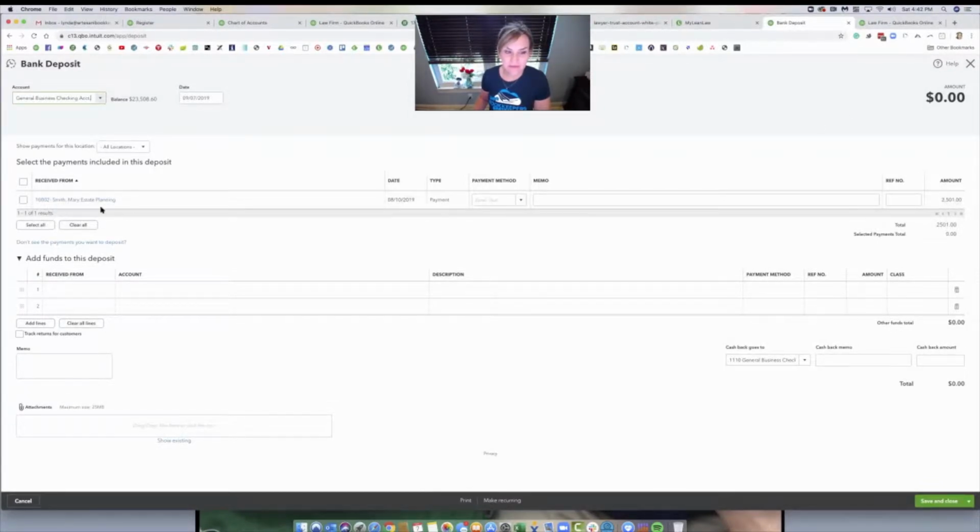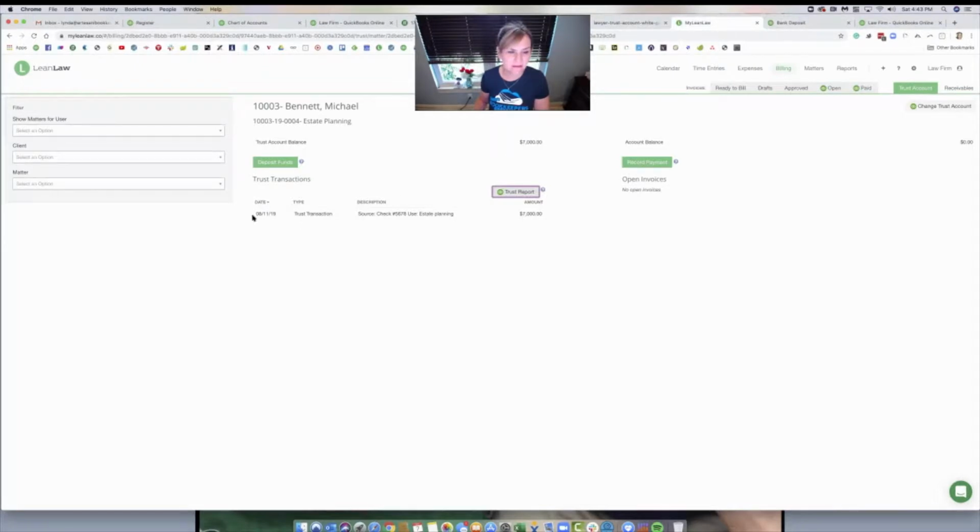But why is Mary Smith's deposit hanging here and not showing in the bank? So you need to go back and find out, did this check get recorded as a payment but not deposited, which is fine. It's not affecting the bank account just yet because you're holding the check. You haven't cleared the check. But what about Michael Bennett? Let's go back to Michael Bennett and see 8/19/11. He has a trust transaction and it's for estate planning. So that money should be in the bank account. Why is it not showing in the bank accounts